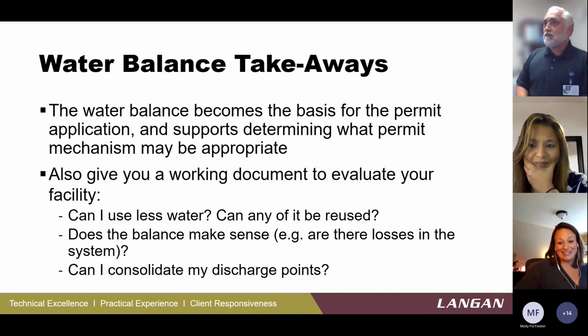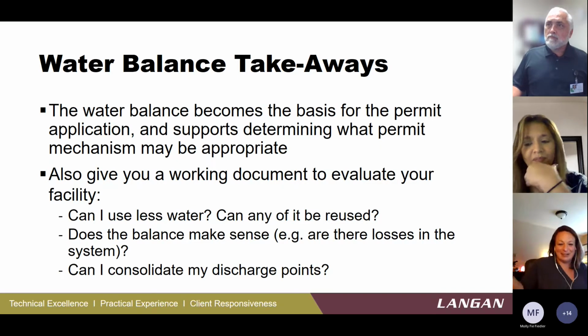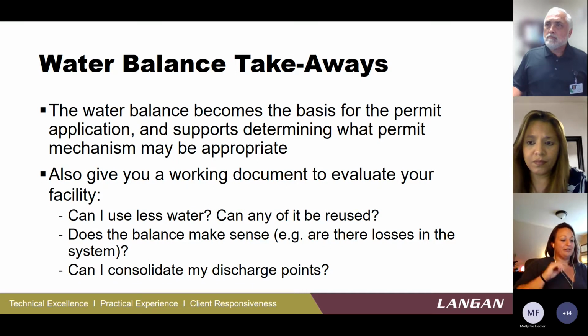It usually starts with EHS. And then you get the water bills, you get your effluent meter readings if you have them. And then once you start drilling down, the in never equals the out, right? It never happens. So then you start hunting for losses. And that's where you start getting involved with your facilities team and understanding boiler blowdown, right? How many cycles is your cooling tower set for, and how much is it really discharging? So facilities becomes really, really important in this process for the support equipment.